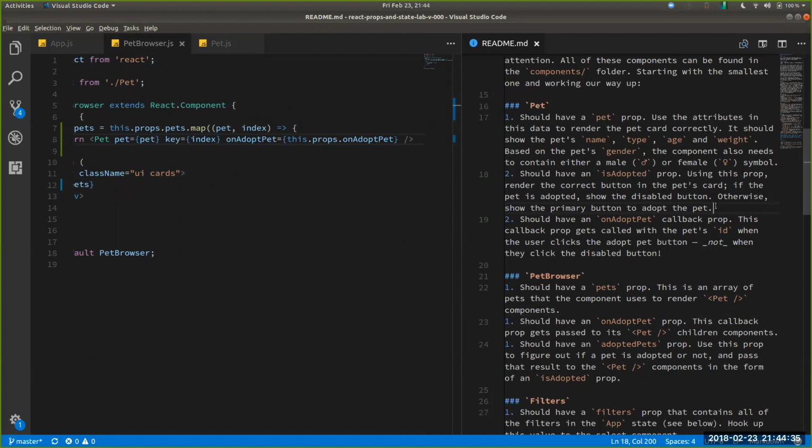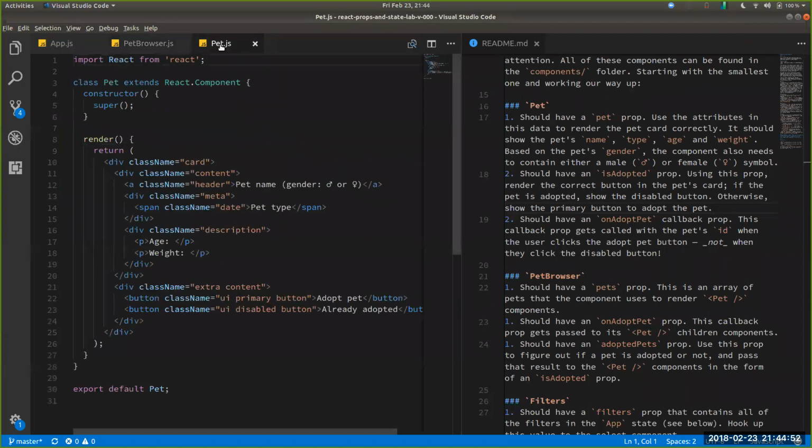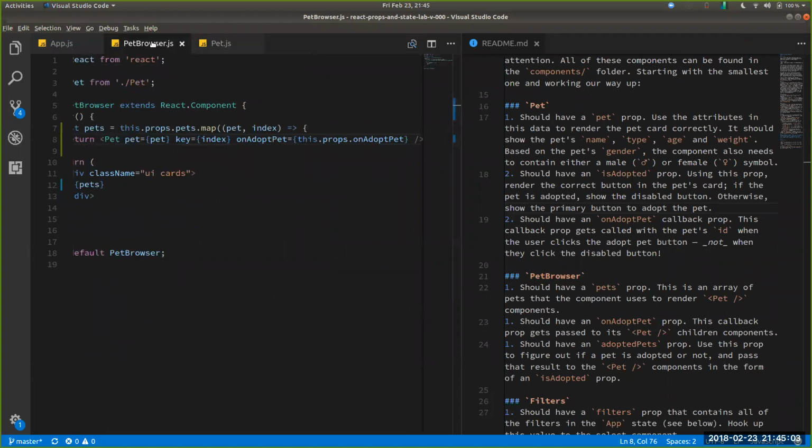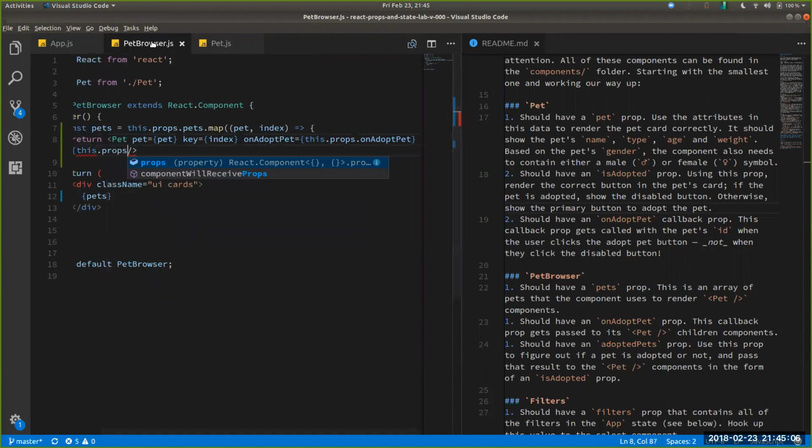Okay, so we need something. If the pet is adopted, show the disabled button. Otherwise, show the primary button to adopt the pet. So we need something, I would think, that is true or false. Some sort of prop that we can evaluate as true or false. And then if we're in the pet component and we say this.pet.adopted, if it's true, then yes, it is adopted. We want to do something. If it's false, we want to do something else. So let's say this.props.adoptedPets. So we have this array of pet IDs and we know that they're adopted. That includes,